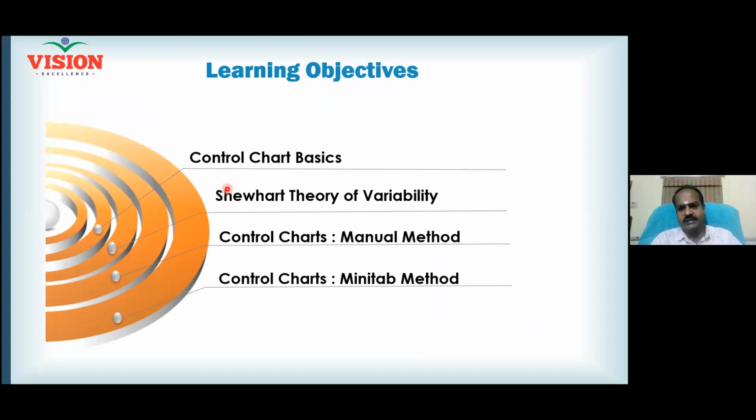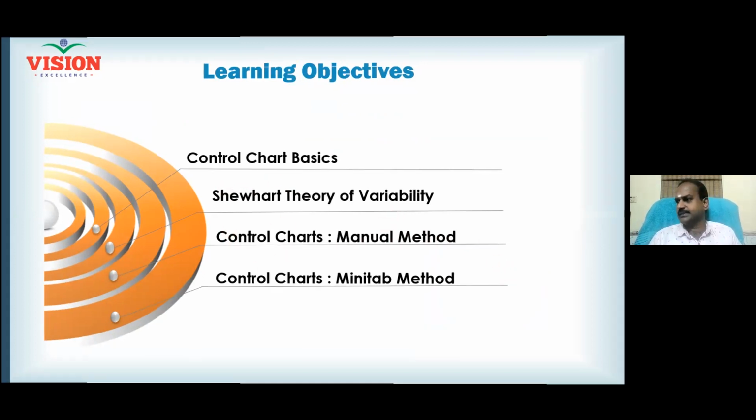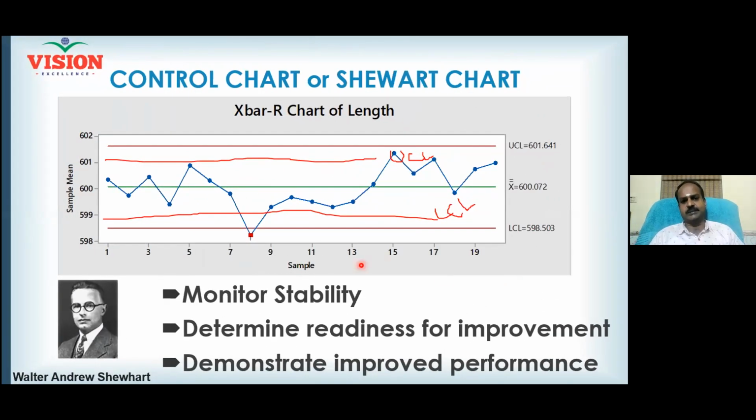If there is no variation, all of us will lose our job. We are there in the company because our boss knows things will change. So we need to control the variation in such a way that it never affects our business result, right? And then how to plot a control chart manually and the Minitab method. Probably we'll focus on the Minitab method.